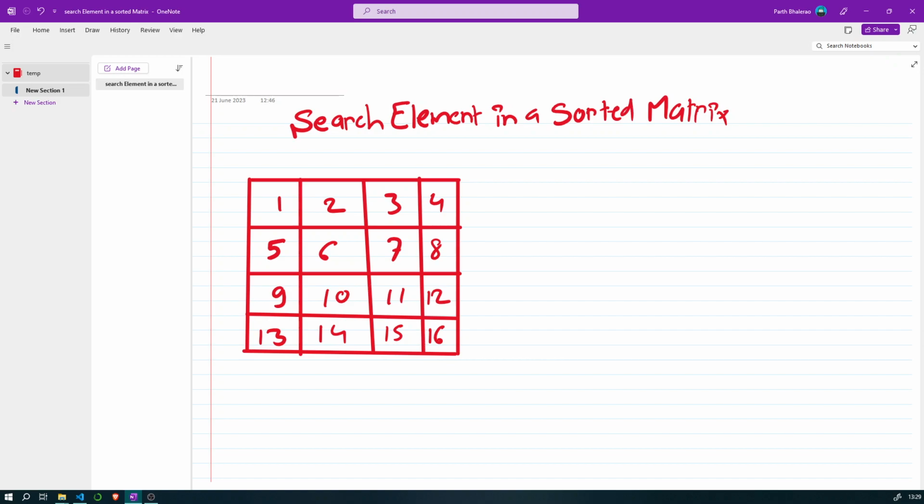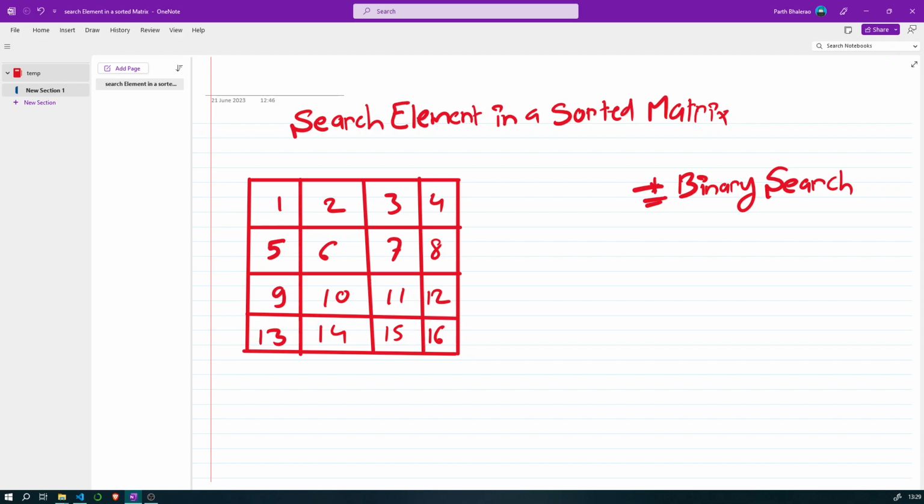So we need to now improve the time complexity. In the previous approach our time complexity was order of n square. Now in this one we need to improve it, so for improving time complexity we can make use of something which we have discussed previously called binary search. Perfect. Now how?